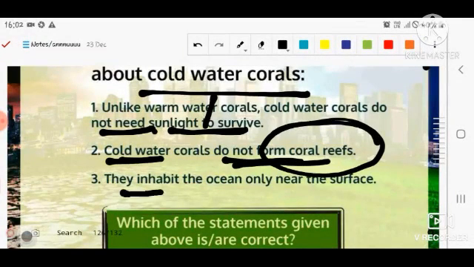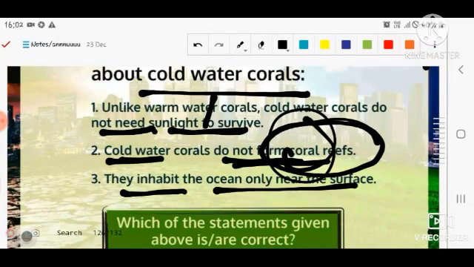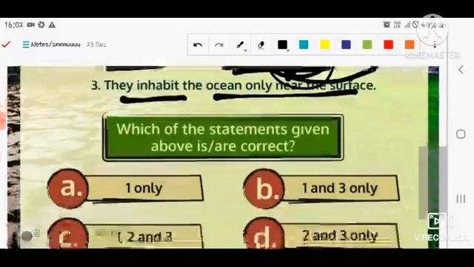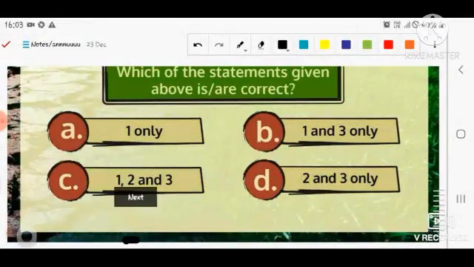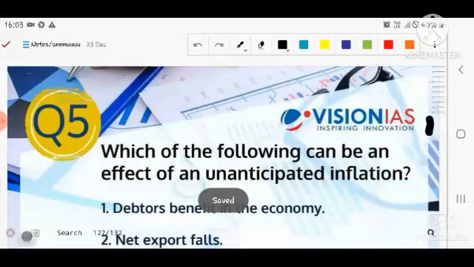Number third, they inhabit the ocean only near the surface. It means that the ocean water, they are above the shallow range, so that they can survive better. So you have to choose the correct option regarding the cold water reef or coral. Number fourth,